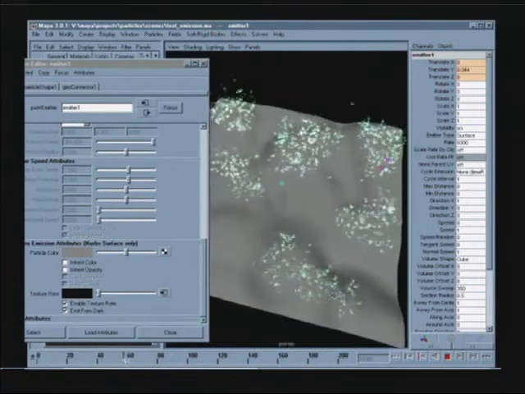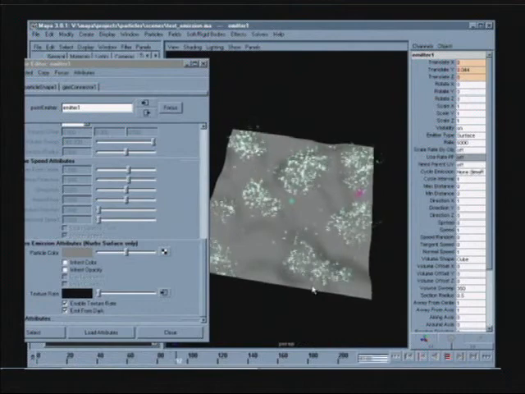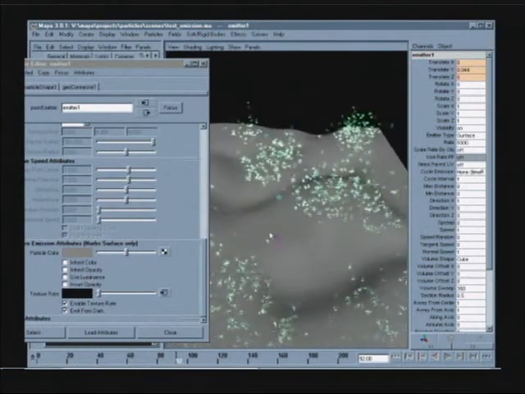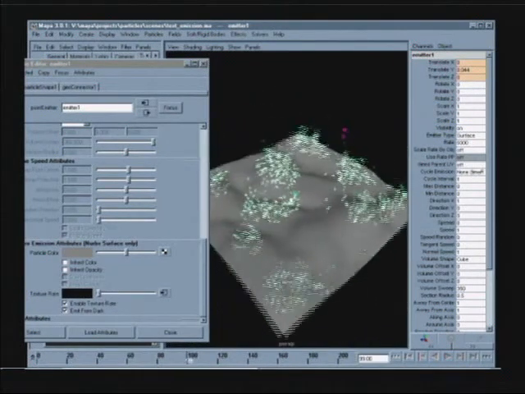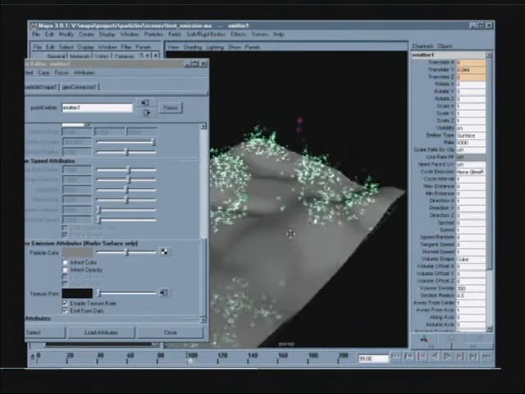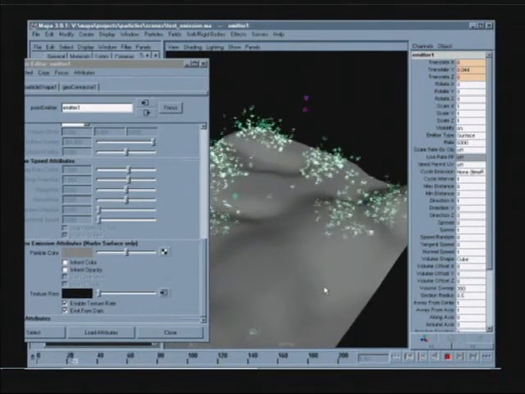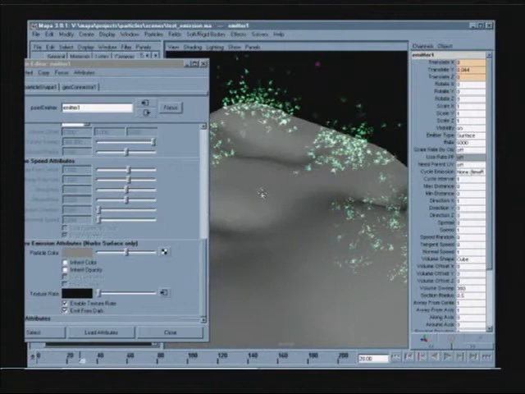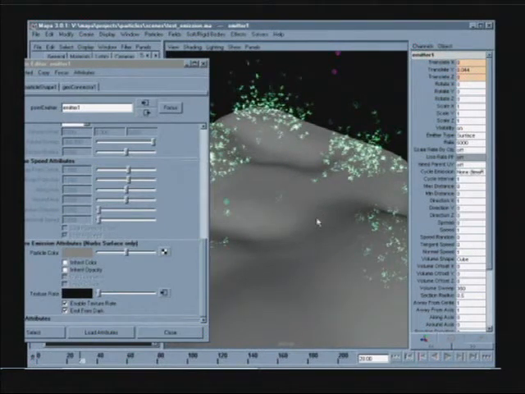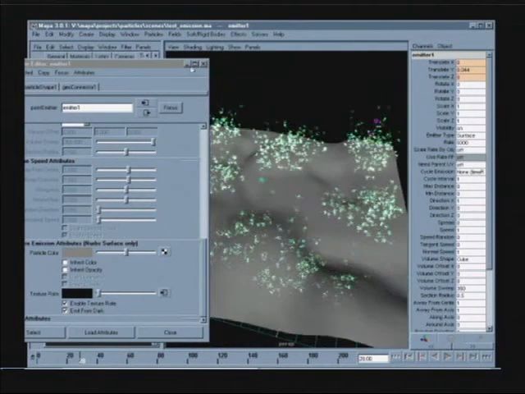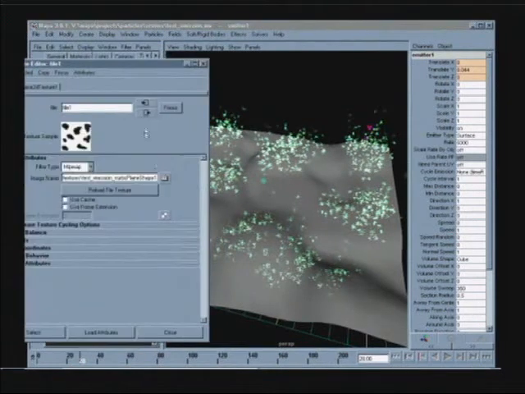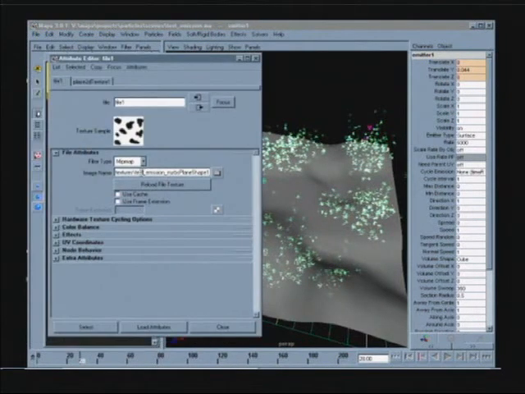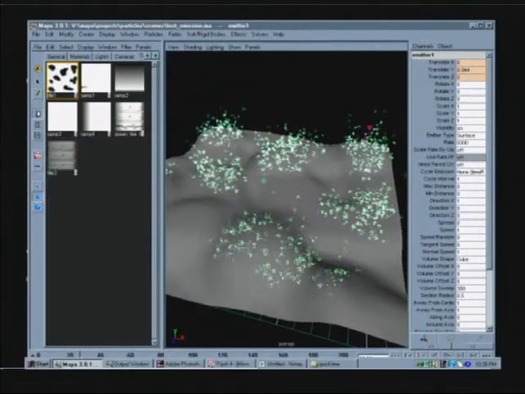But one thing that can happen, if we look in here, is that at certain places, particles will be emitting off the surface where we did not paint the color. In the sense that, like, I didn't paint things black, let's say right there. We know that it's white, but why is a particle popping up there? The reason is because what I'm going to do is look at this file texture. It's called test emission underscore NURBS plane shape. And what I'm going to do with that